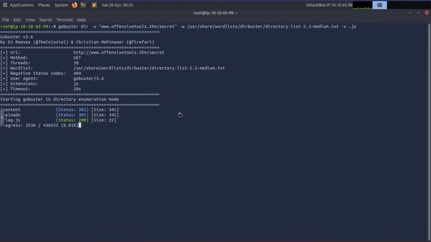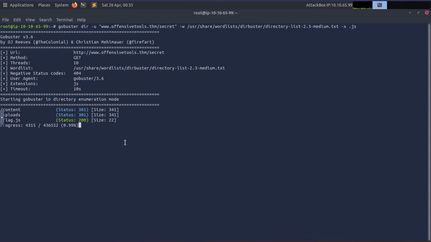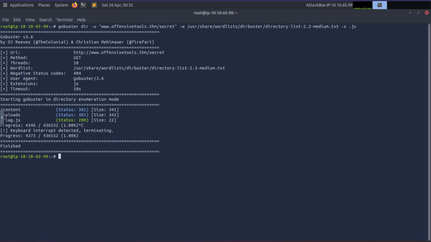Okay, so Gobuster's still running, but we can already see here we have this flag.js, right? And that's pretty interesting. Okay, and we're looking for the flag. So now what do we do? So I'm going to close this. And what we can do is there's a couple of different ways to do this. I'm going to use curl, and curl actually, you can do a lot of cool stuff with curl. But if you just do curl followed by URL,